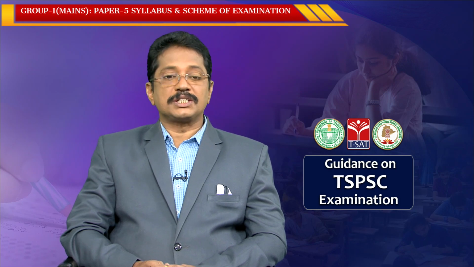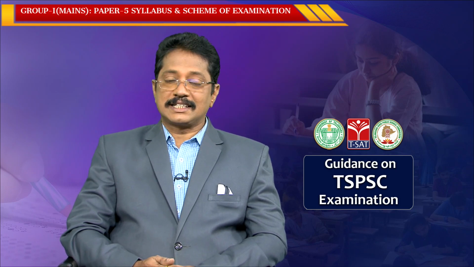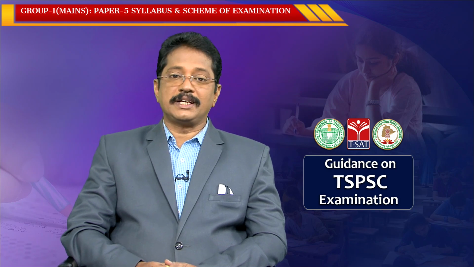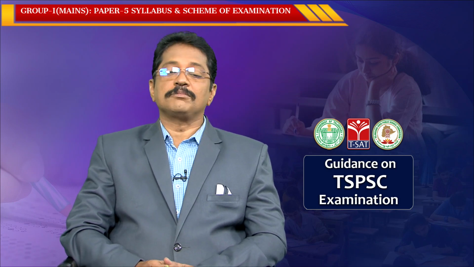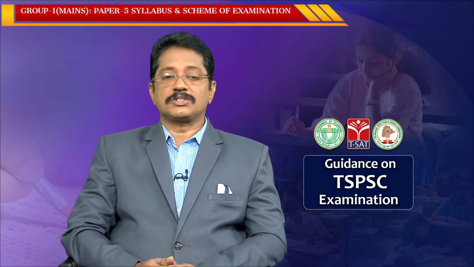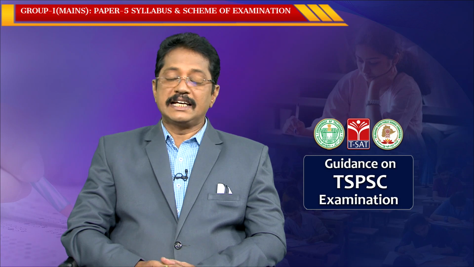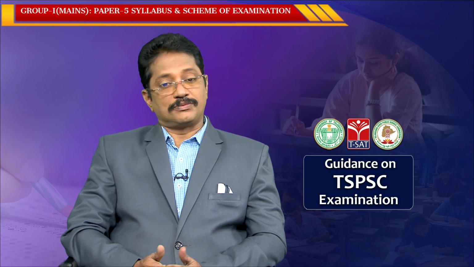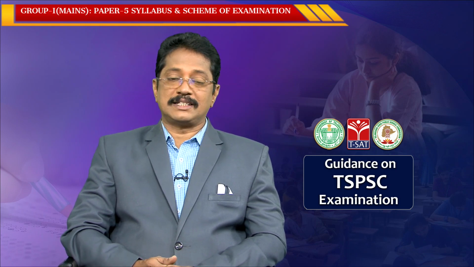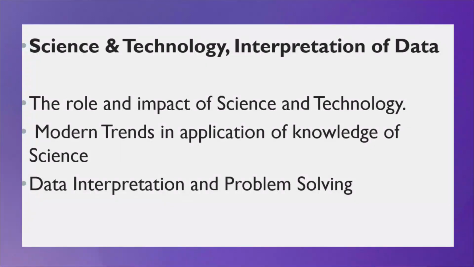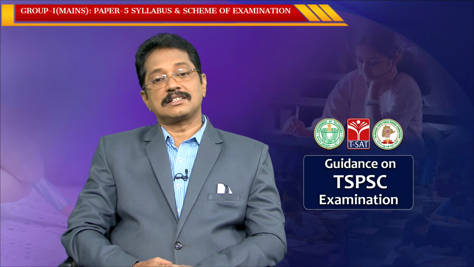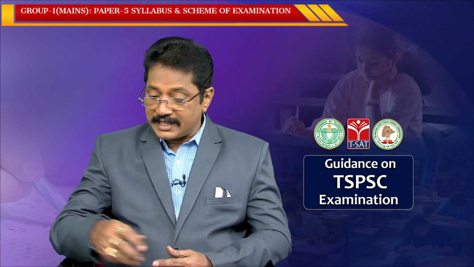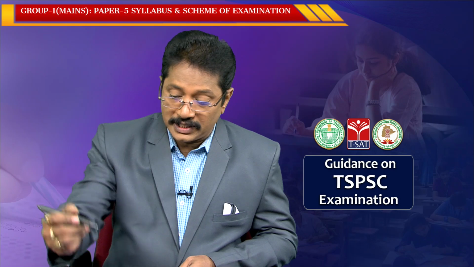Section 1 and section 2 are based on science and technology, and section 3 is purely on data interpretation and problem solving. In section 1 you have 5 questions, each carrying 10 marks, 5 tens are 50. In section 2 you have 5 questions, each carrying 10 marks, 5 tens are 50, means 100 marks. In section 3 we have 5 more questions from data interpretation and problem solving. Sometimes they may ask one question directly for 10 marks, otherwise they will give the question as